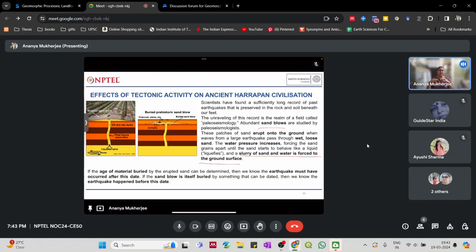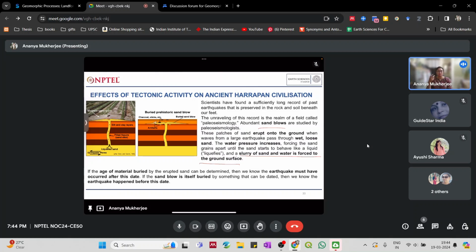Okay, but if the sand blow is buried under material that can be dated, then we can say that the earthquake event which actually formed the sand blow had occurred before the deposition of the dated material. Okay, so this is how sand blows